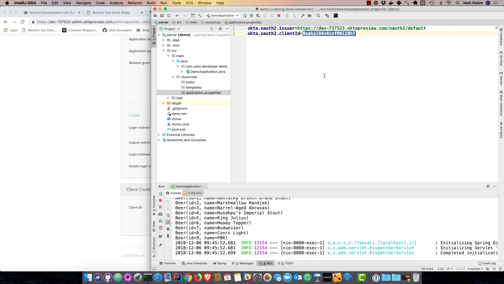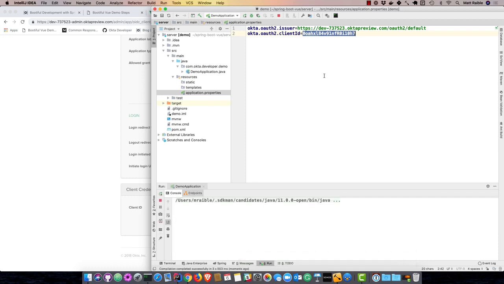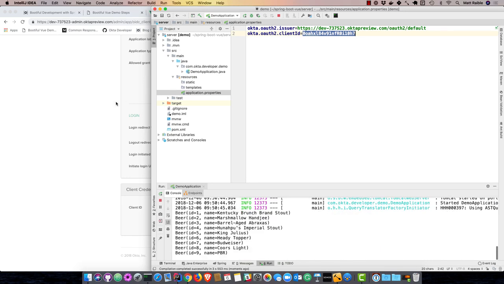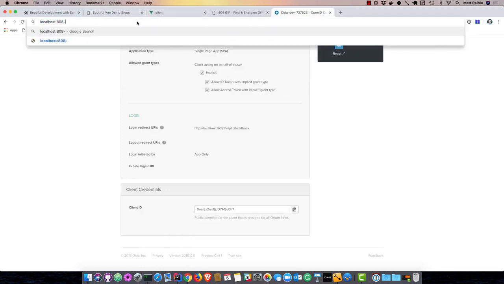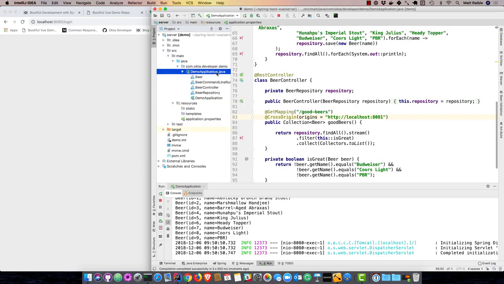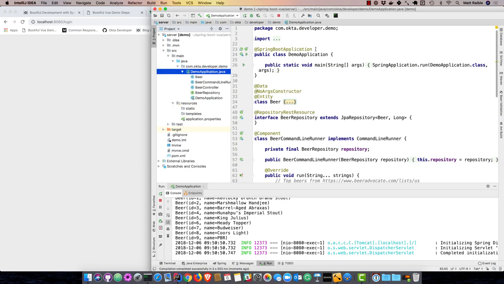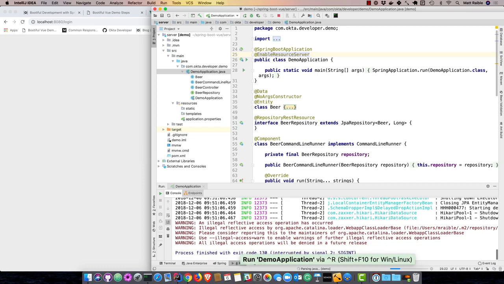So now if we restart our Spring Boot API, it should be protected and you should not be able to access it directly. So if I go to localhost 8080, you can see it prompts me to log in. So the reason that happened is because I forgot one crucial step, and that is to make it into a resource server. So you can add an annotation here, call it enable resource server, restart,